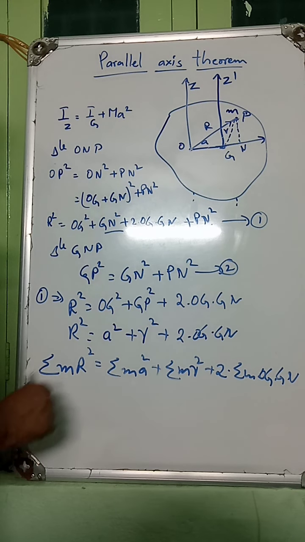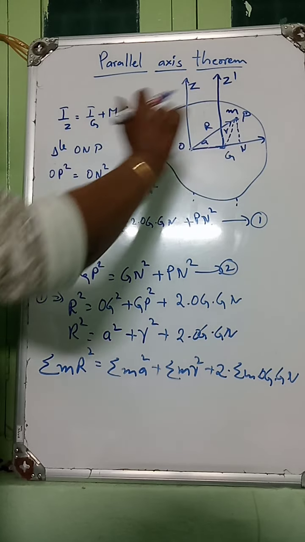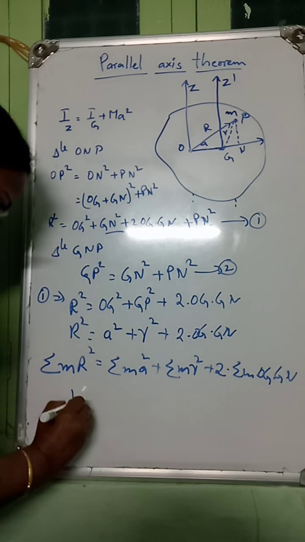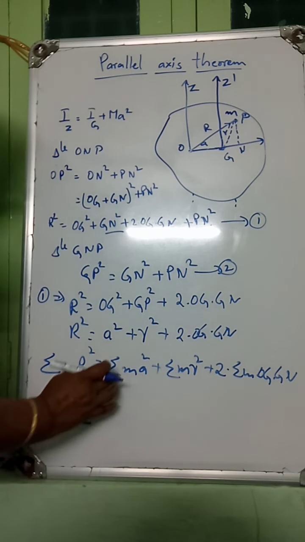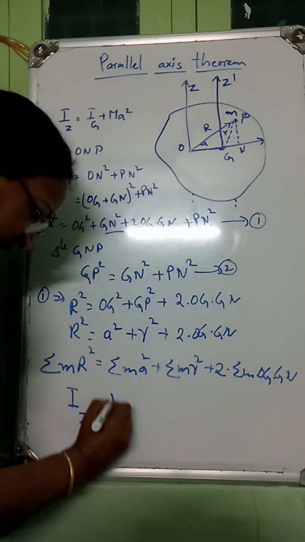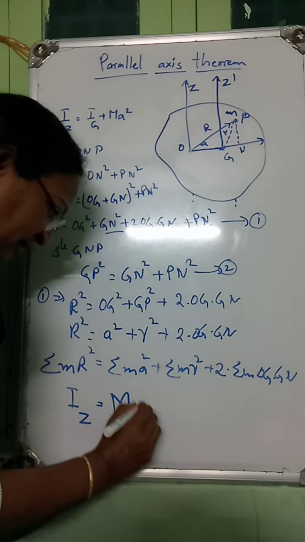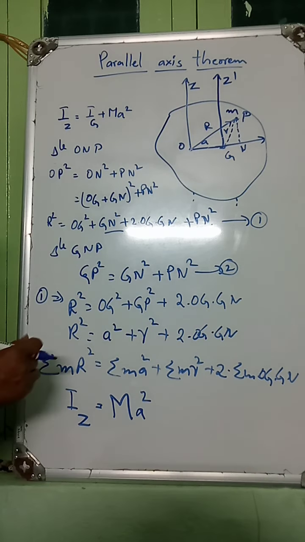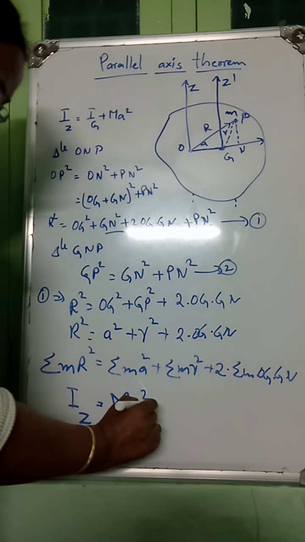Sigma m into R square is the moment of inertia about the z axis, because capital R is the distance from the z axis. You can write this as Iz. Sigma m is nothing but the total mass of the lamina, capital M, and A is the perpendicular distance between the two axes, plus